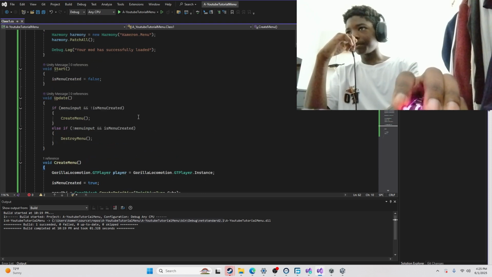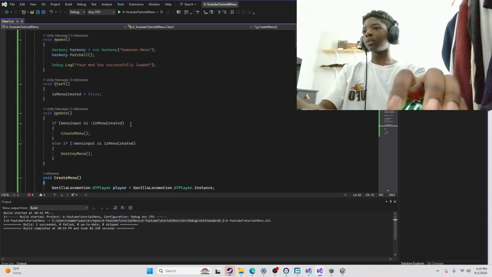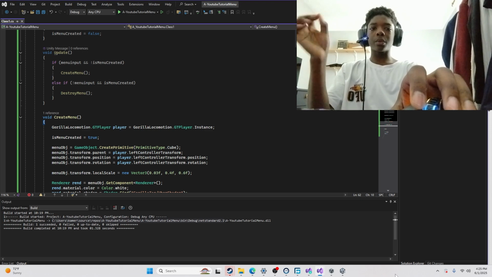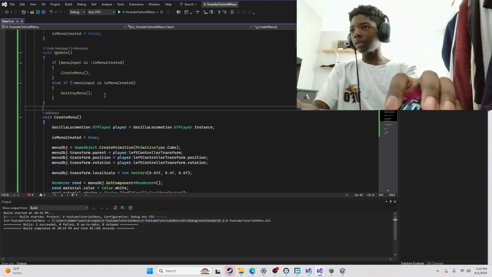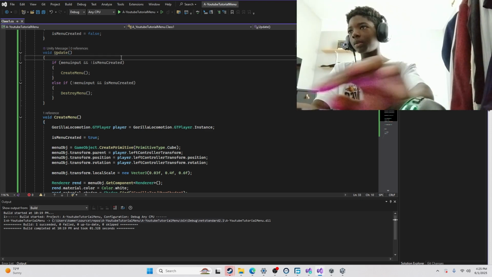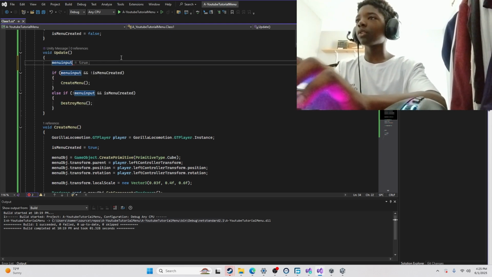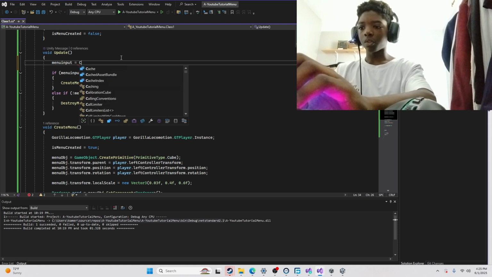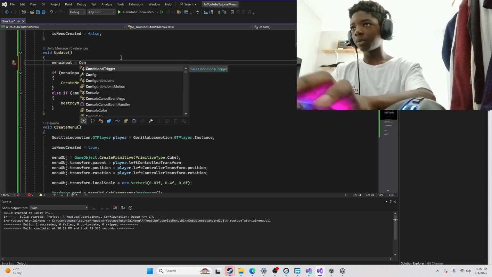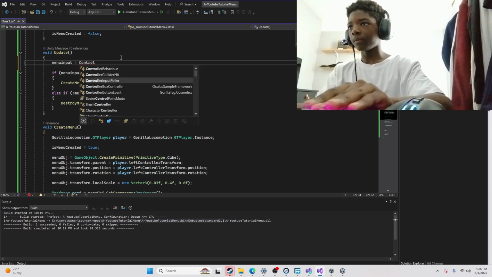You can build your project and run. Oh, I just forgot one thing. Do not build your project yet. I forgot to do something. You have to go over here. Make sure menu. We haven't declared menu input yet, so we're just gonna do menu input equals controller input polar